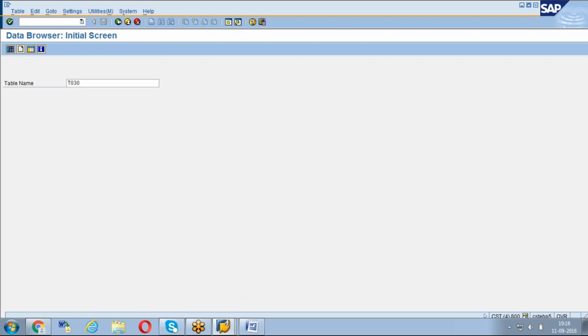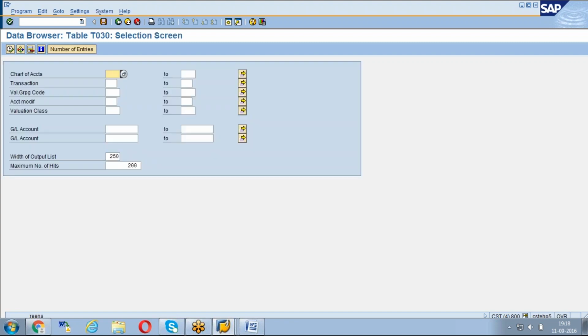T030 is the table where you can get this GL account of OBYC. Go to T030 and give your chart of accounts and valuation grouping code 0001 and valuation class 7920.